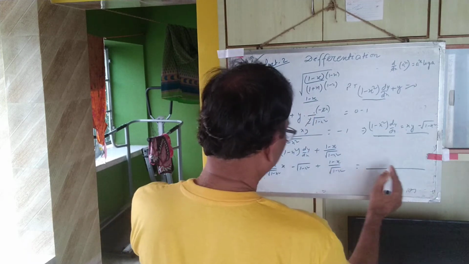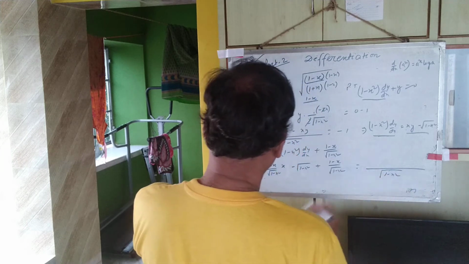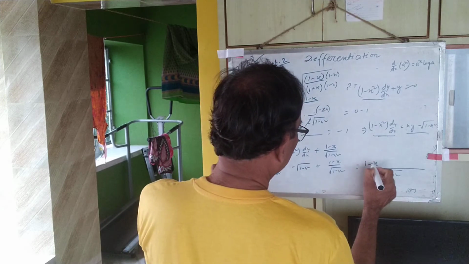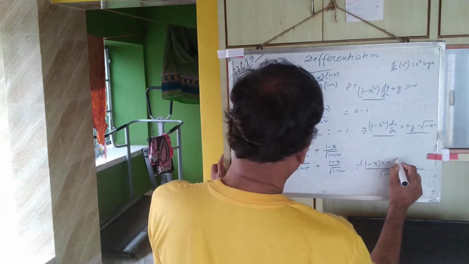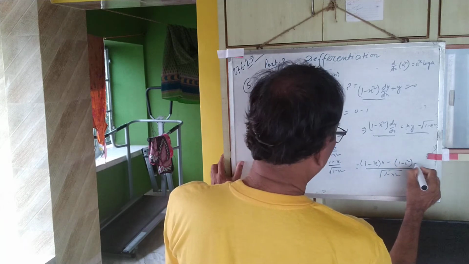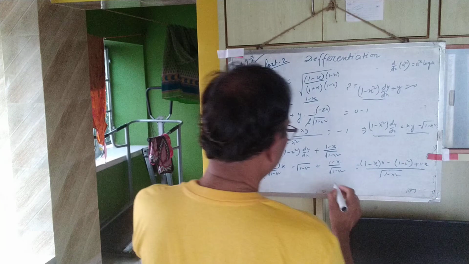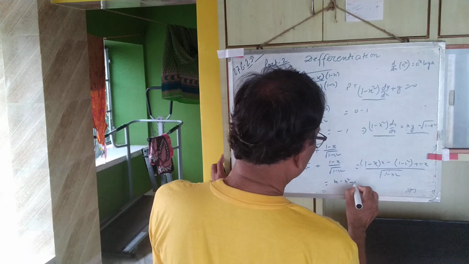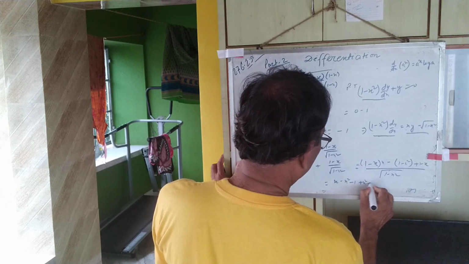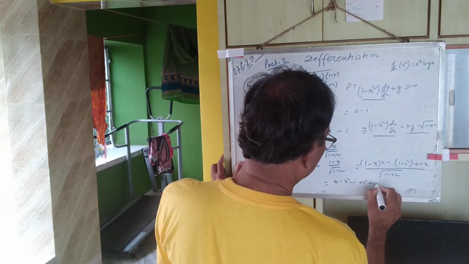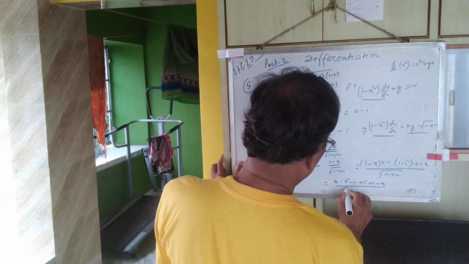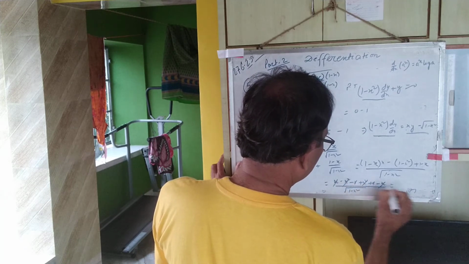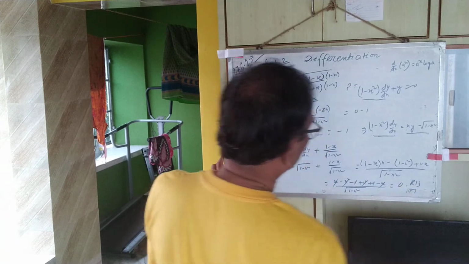Now adding and subtracting, root over of (1 minus x square) LCM, this divided by this is 1 minus x into x minus this is (1 minus x square) plus (1 minus x). Now simplify it, that is x minus x square minus 1 plus x square plus 1, this is minus x plus 1 minus x over root over of (1 minus x square), that is minus x plus x, that is 0. That is the right hand side.